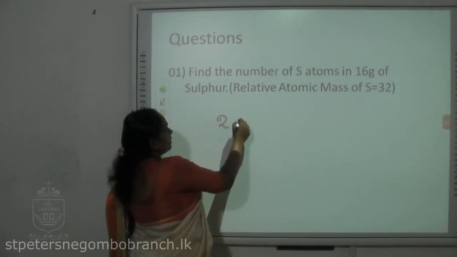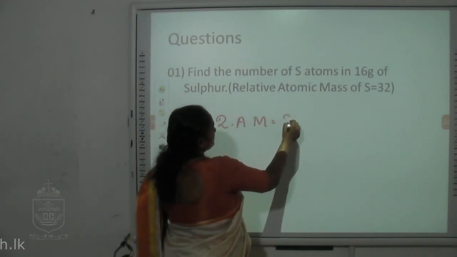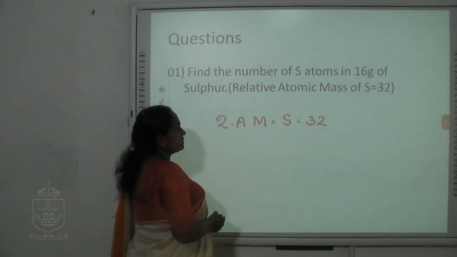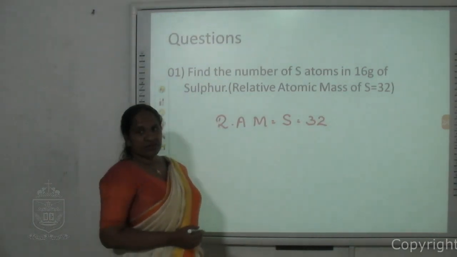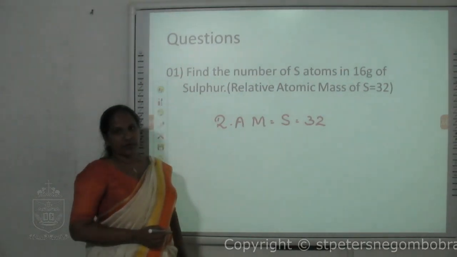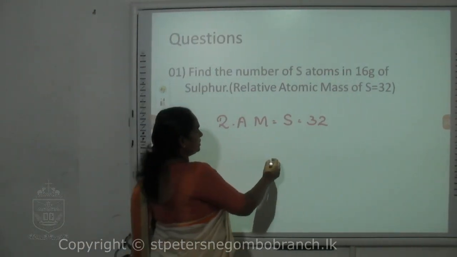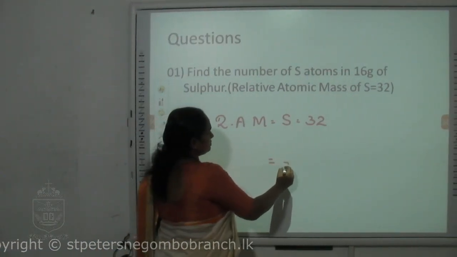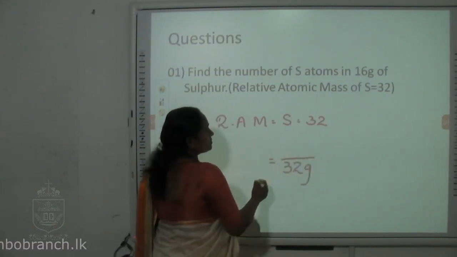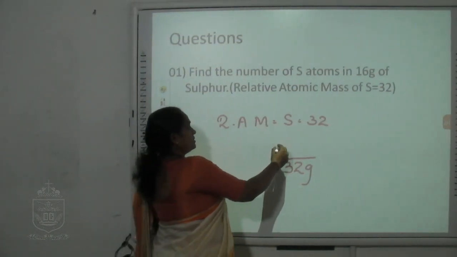When you take the relative atomic mass in grams, the number of atoms in that is a constant number. In 32 grams of sulfur, the number of atoms